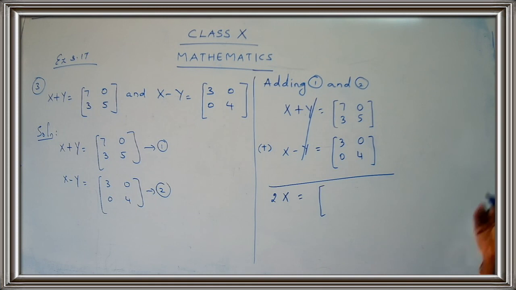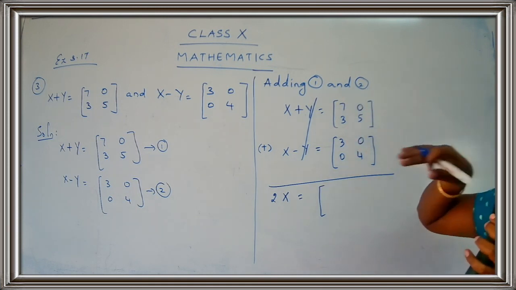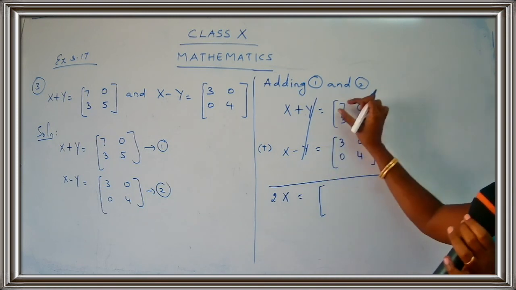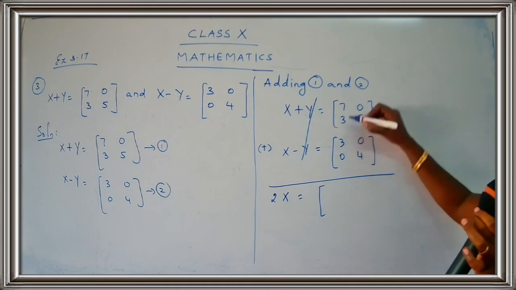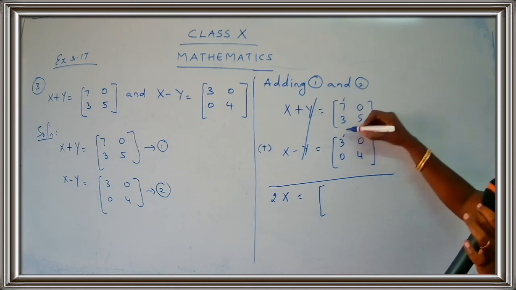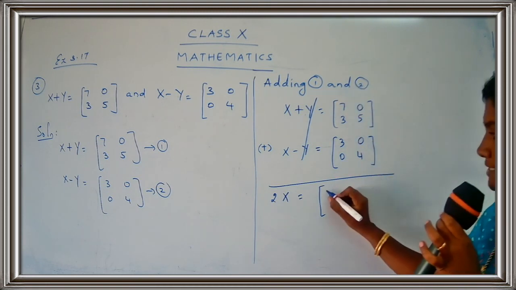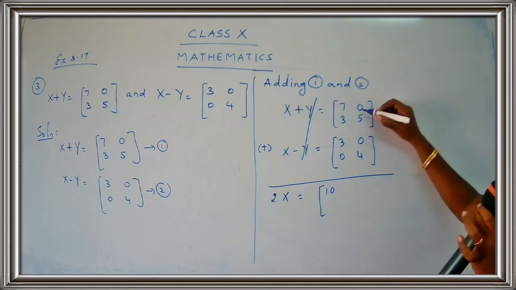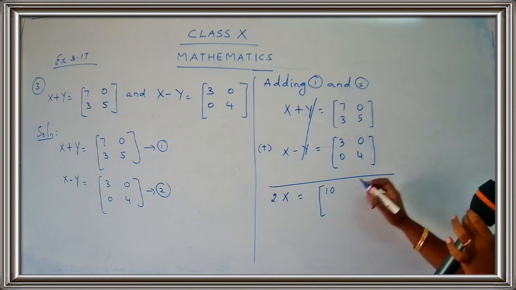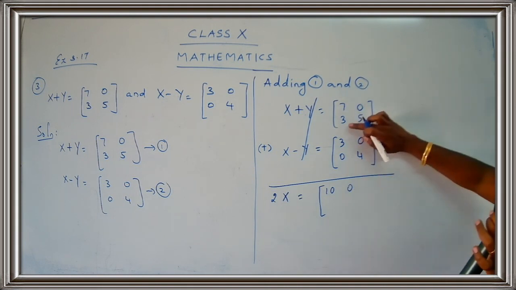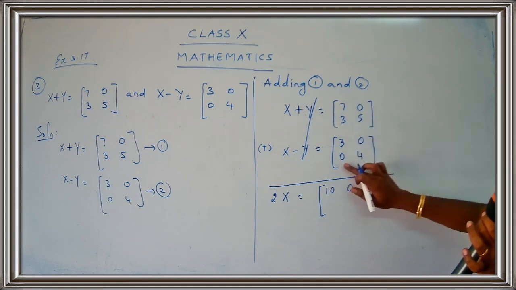And I have told you, whenever you do the addition, you have to add the corresponding elements. Just do not go on simply adding with any other elements. Choose the corresponding elements and add them. Now 7, 3. See, the first element and the first element. So you have to add 7 and 3. So what is 7 plus 3, children? Yes, it's 10. Okay, 0 plus 0. This is the corresponding element. What is 0 plus 0? 0. Now come to the third one. Third element, 3 plus 0. What is 3 plus 0? 3.